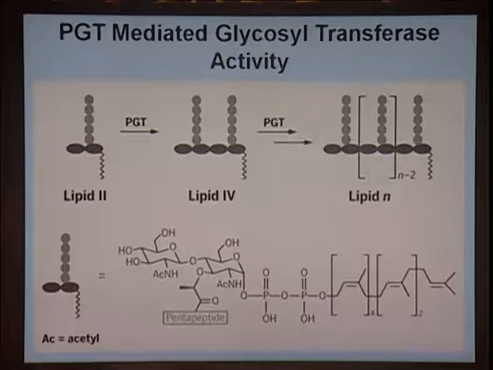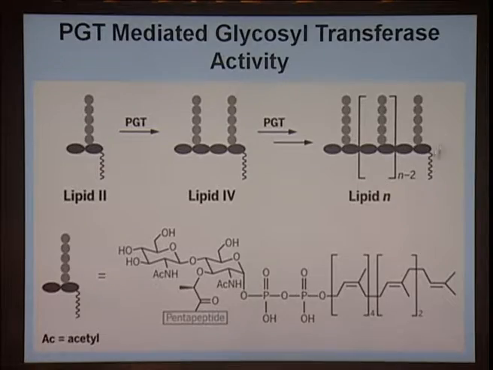Clear? Yes, sir. So, the transfer of the glycosyl group is a very important step, and this glycosyl transferase activity will lead to the formation of the first unit, which is lipid 2. I told you in this particular form it comes out of the membrane, then it gets into the lipid 4, and then finally n number of residues will join to produce the long peptidoglycan unit, or the peptidoglycan layer, of the bacterial cell wall.